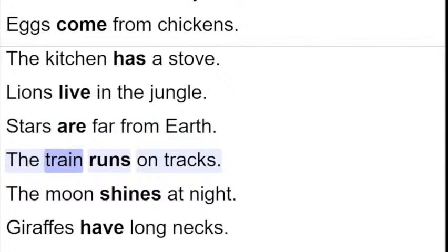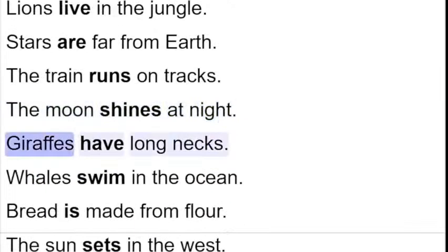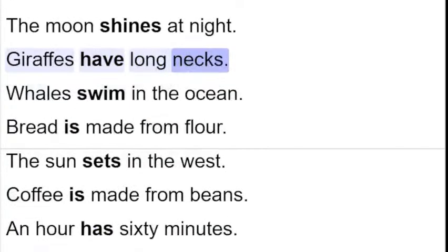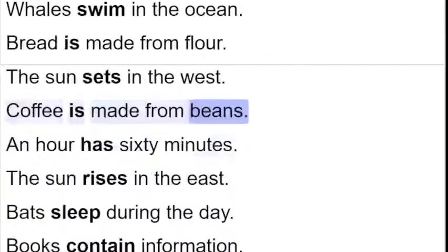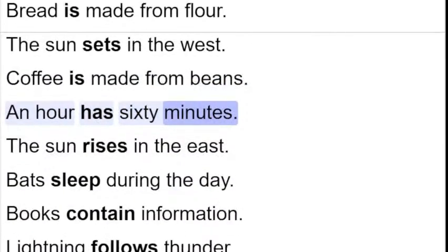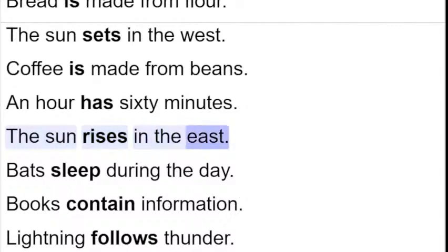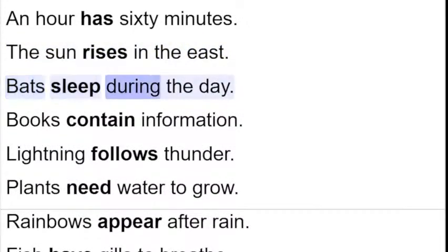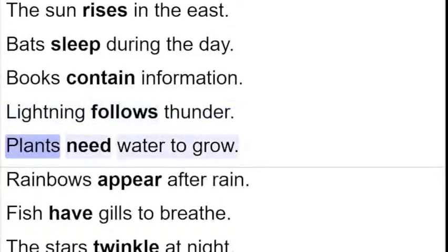earth, the train runs on tracks, the moon shines at night, giraffes have long necks, whales swim in the ocean, bread is made from flour, the sun sets in the west, coffee is made from beans, an hour has 60 minutes, the sun rises in the east, bats sleep during the day, books contain information, lightning follows thunder, plants need